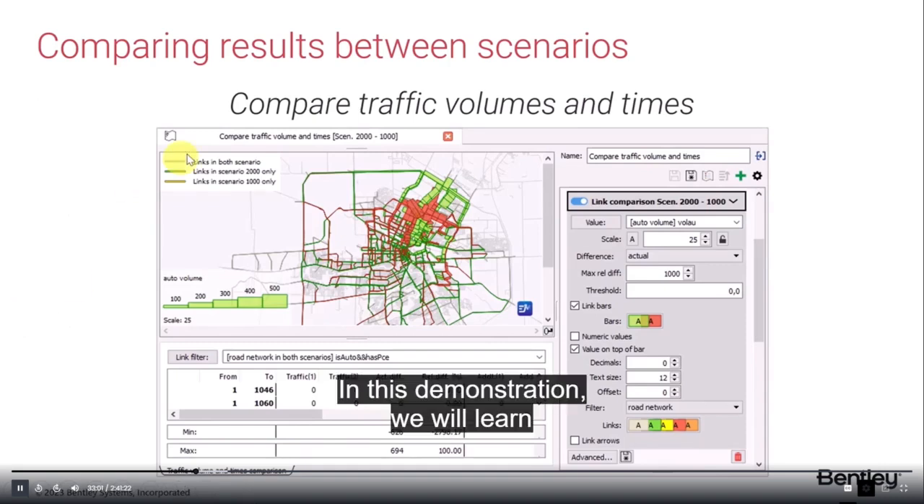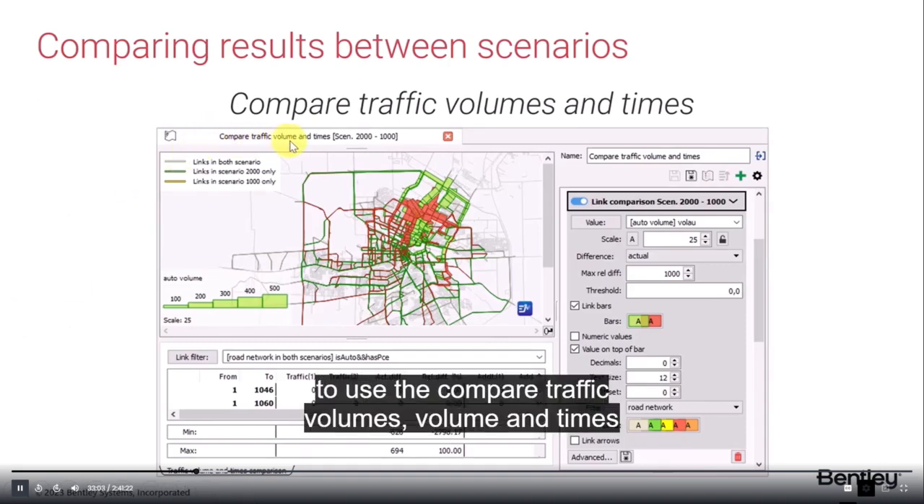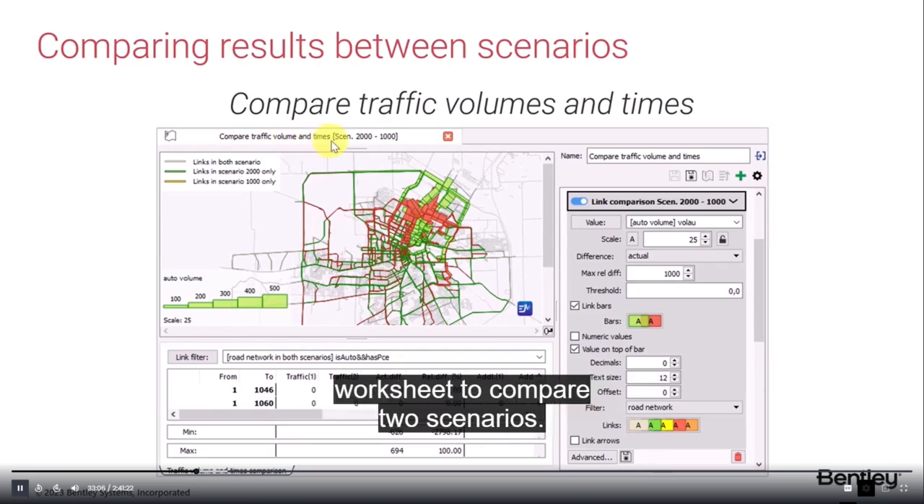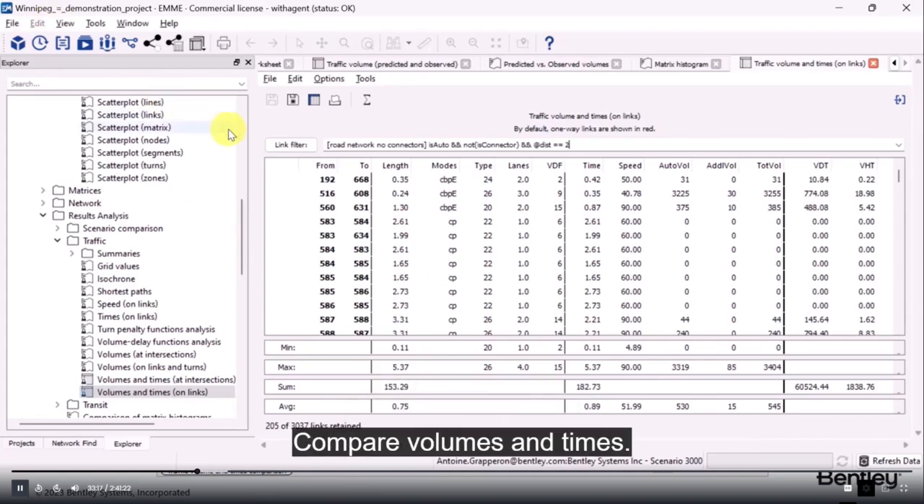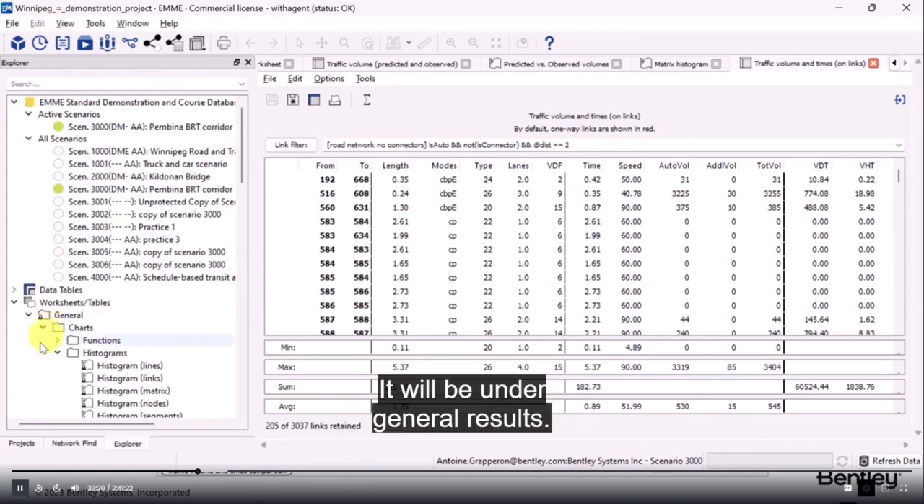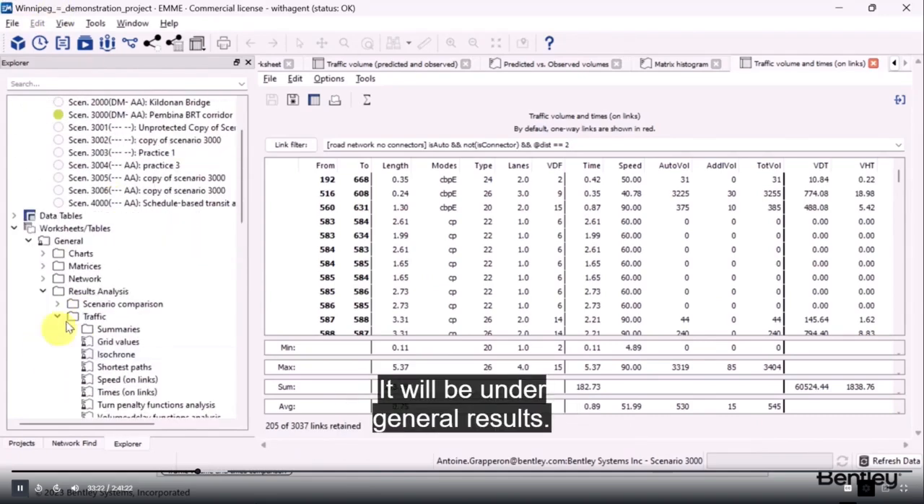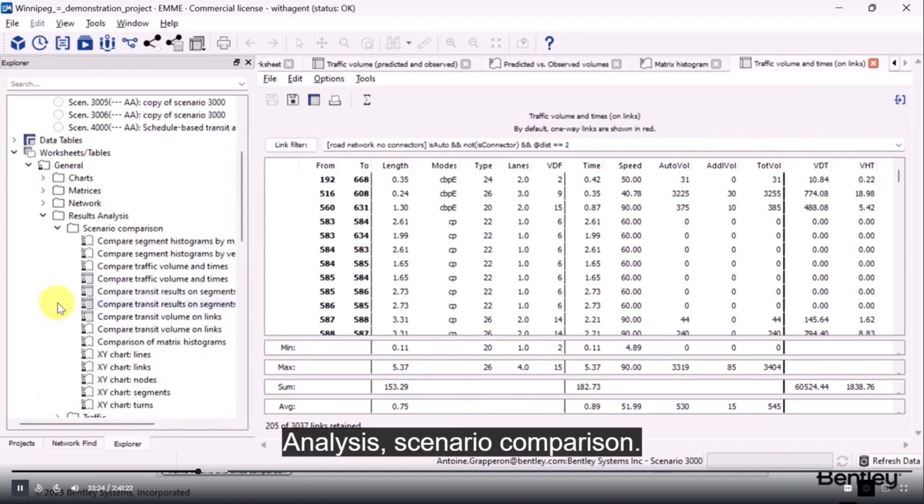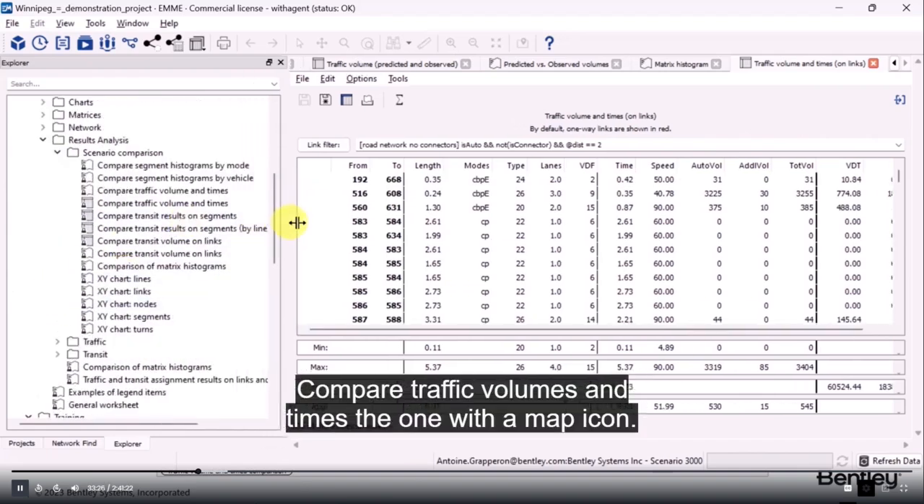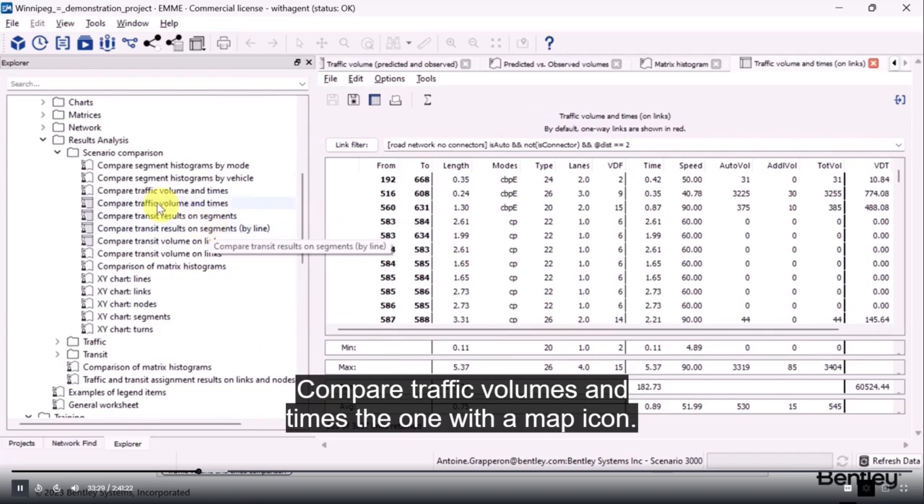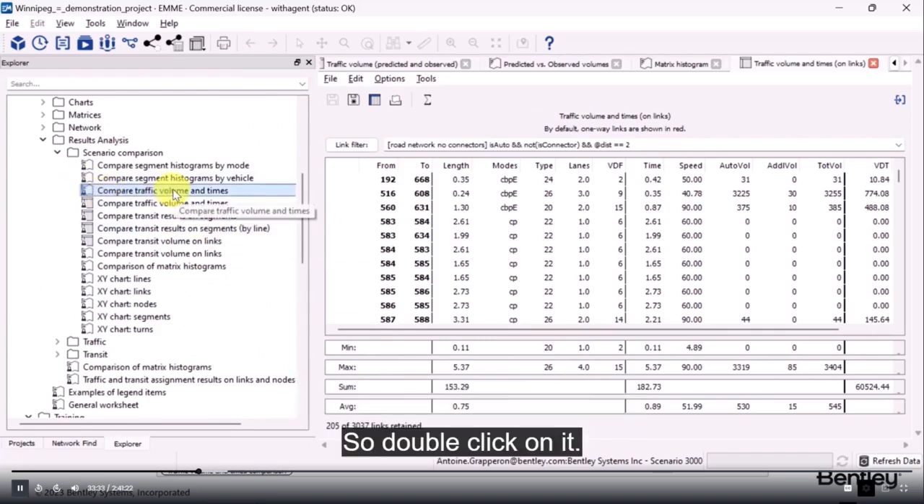In this demonstration, we will learn to use the compare traffic volumes, volume and times worksheet to compare two scenarios. In our case, this will be scenario 2000 and scenario 1000. So I invite you to open the worksheet, compare volumes and times. It will be under general, results analysis, scenario comparison, compare traffic volumes and times, the one with a map icon. So double click on it